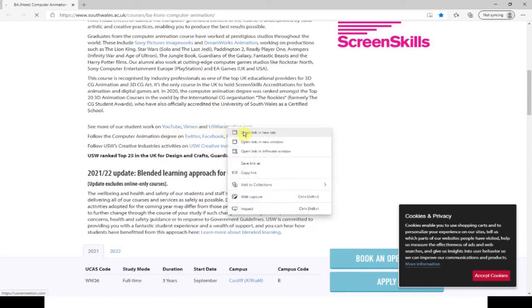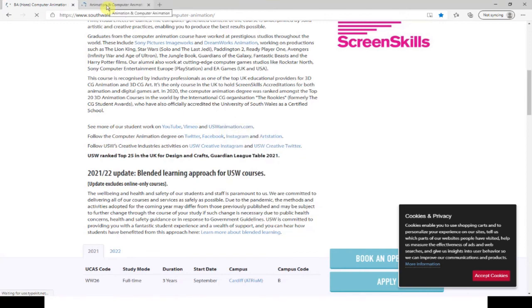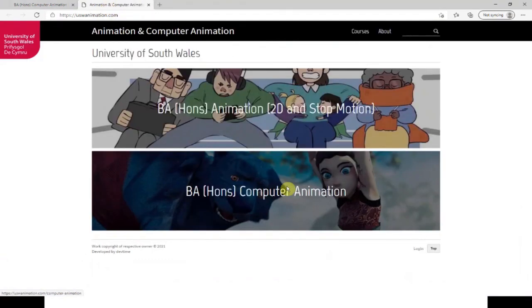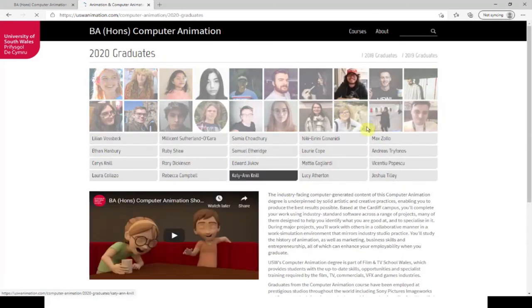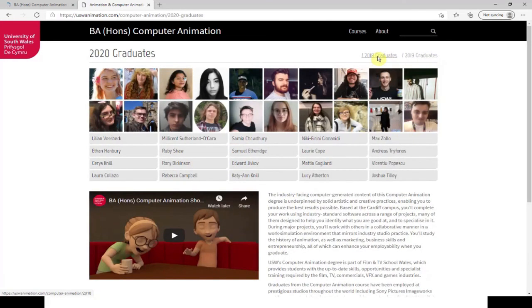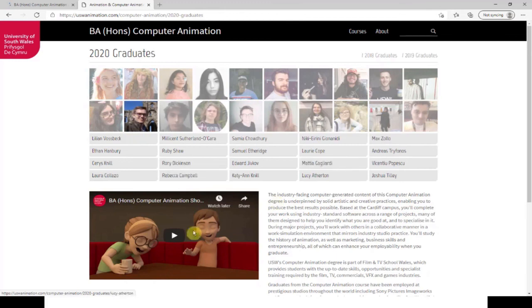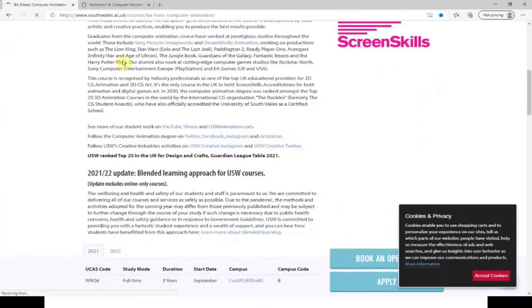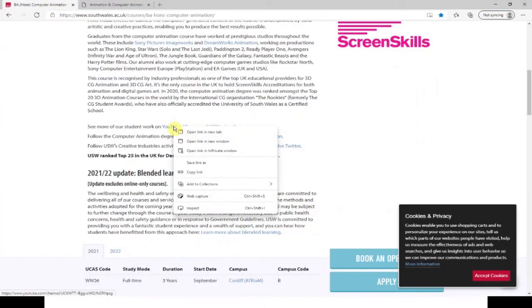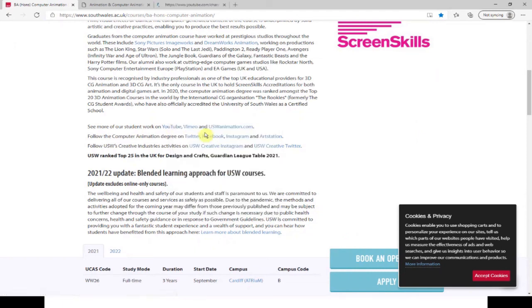You can go look at the graduate showcase website in here. So this is all the graduates from last year and the year before that and the year before that. You can go and look at individual work and showreels there. What I think is really interesting to see more of our stuff is to go to the YouTube channel, because in the YouTube channel we can